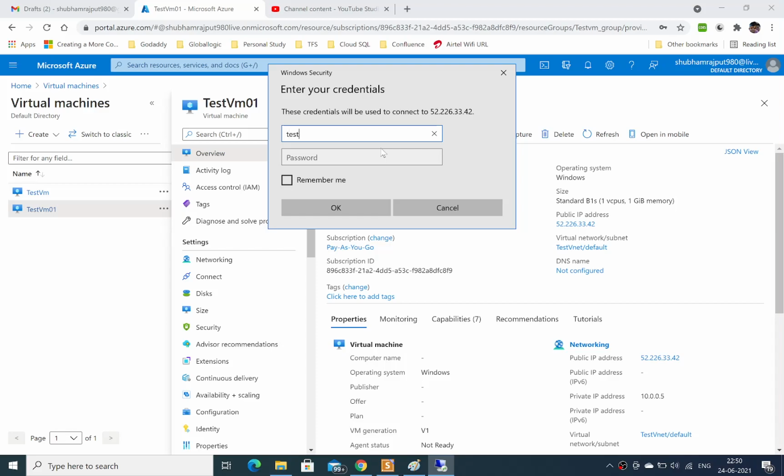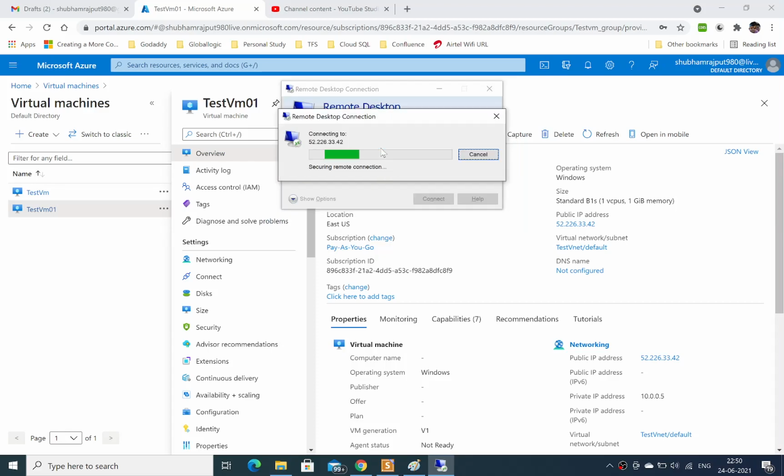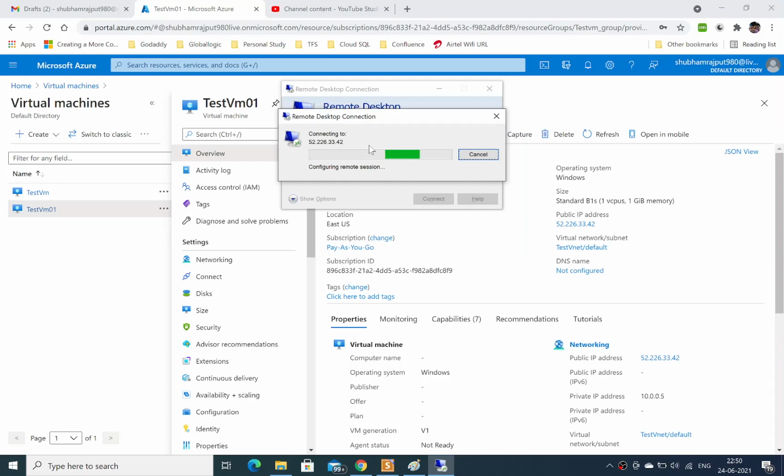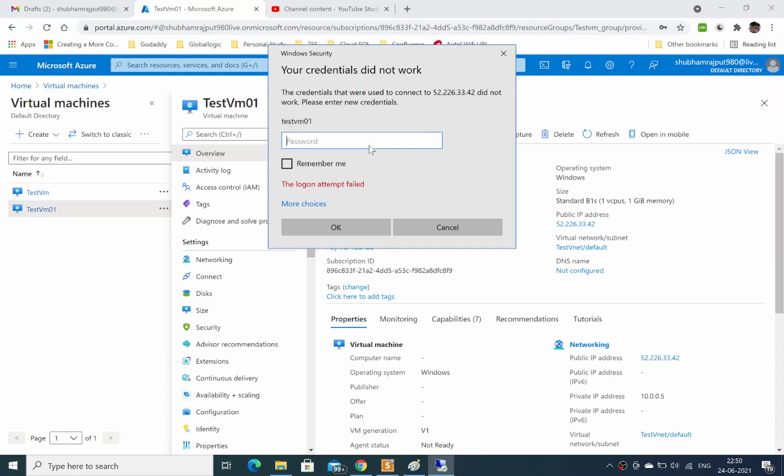The name is test VM01. What is the password? Please type it. I think I entered the wrong password. I forgot the password I entered.